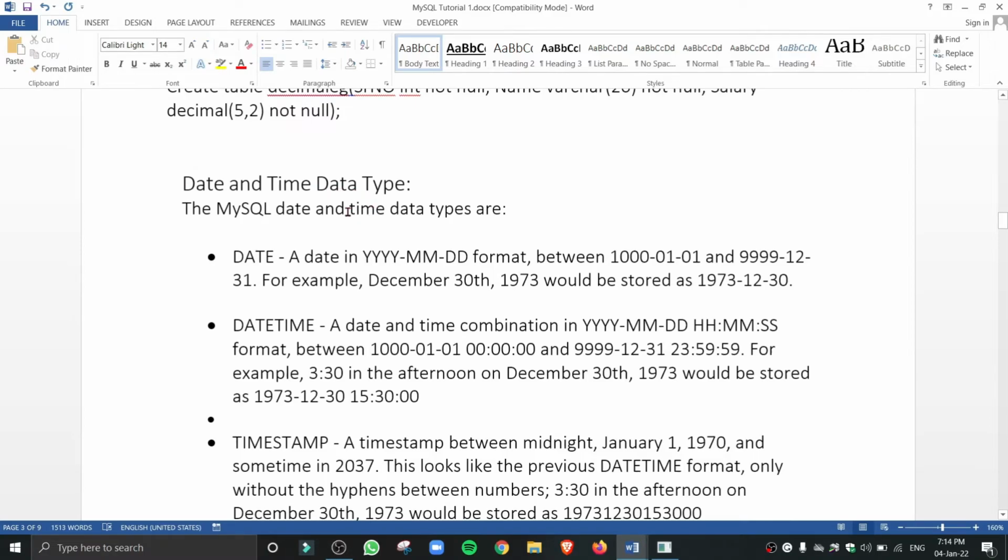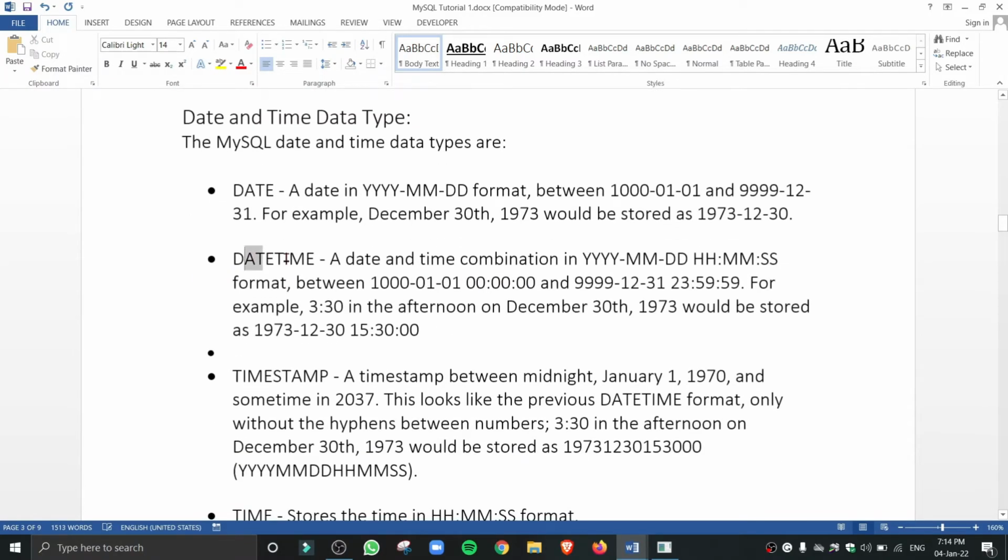Date and time data types. The MySQL date and time data types are: date. A date is in the format of YYYY-MM-DD, between this and this. For example, December 30th, 1973 would be stored as 1973-12-30. And datetime. Datetime is a combination of date and time, so years, months, days, hours, minutes, and seconds. It will be between this and this. For example, 3:30 in the afternoon on December 30, 1973 would be stored as